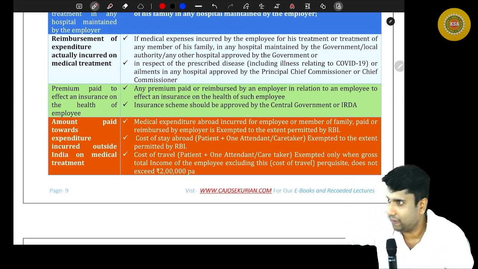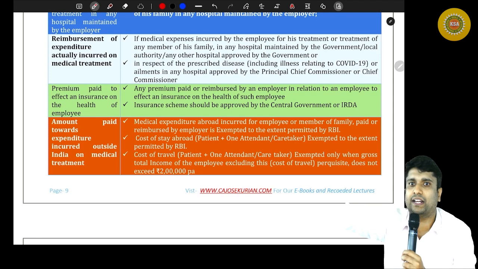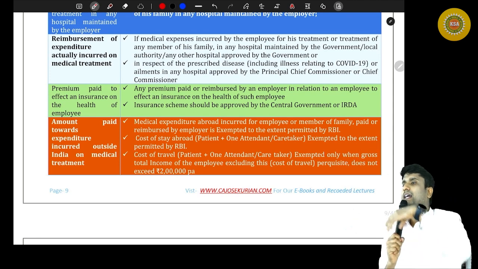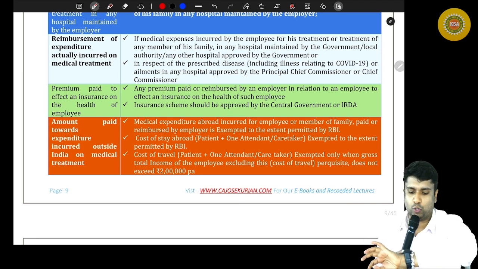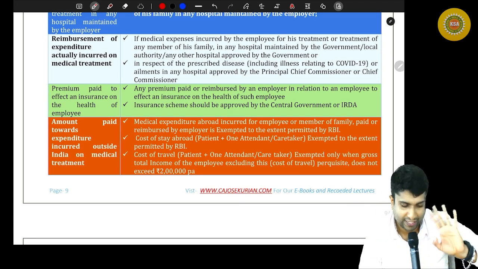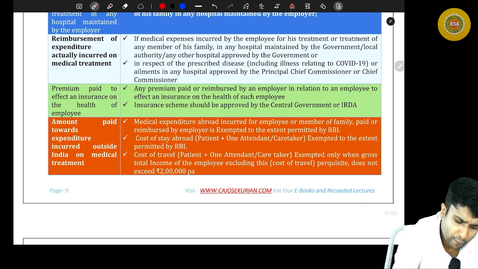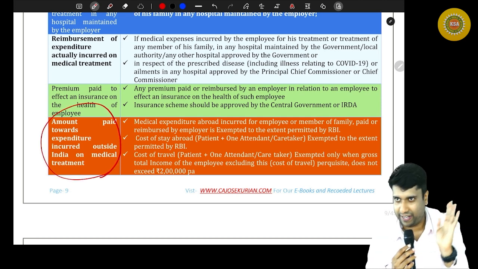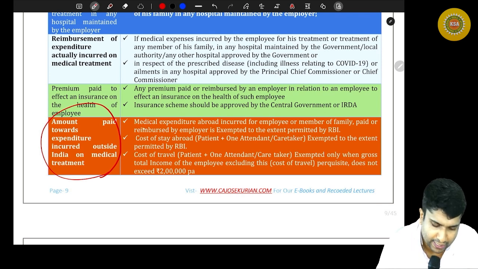Are you with me? Every cost has been reimbursed by the employer. Assume everything is reimbursed by whom? By the employer. Let's understand how to claim the exemption or how to compute the taxable value out of it. So listen friends, amount paid towards expenditure incurred outside India on medical treatment. How to do? Number one, medical